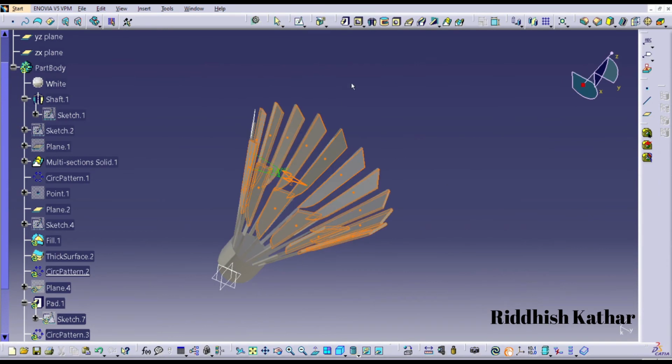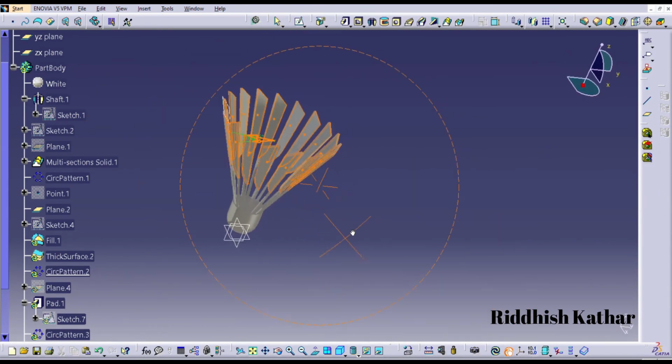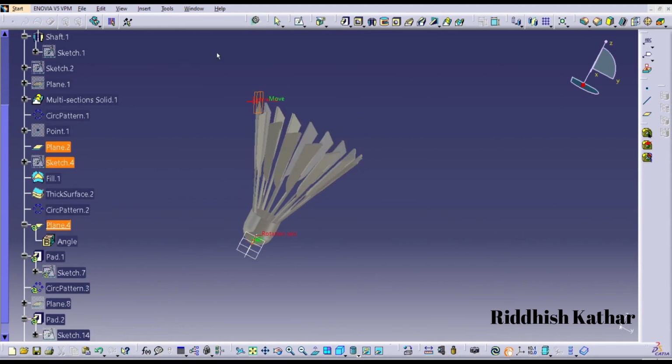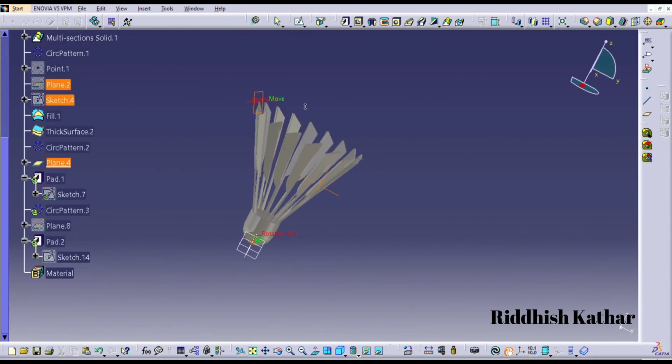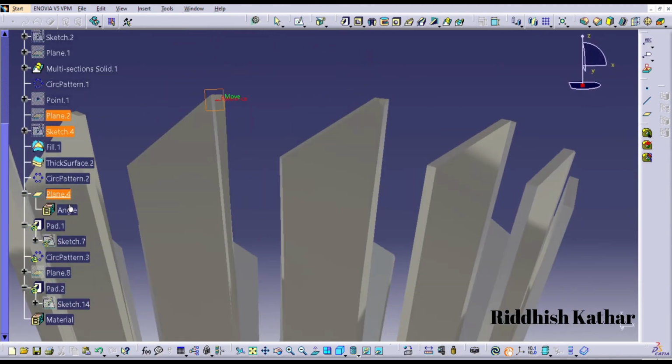To draw the second part of the feather, take a plane inclined to 15 degrees to the surface of the multi-section. This plane 4 was inclined to minus 15 degrees. After taking this plane,